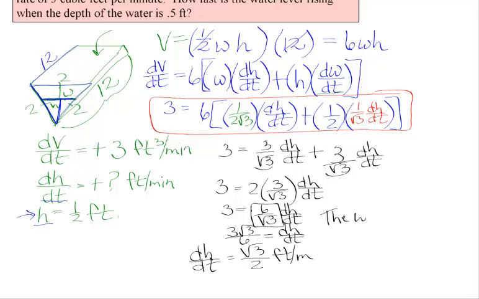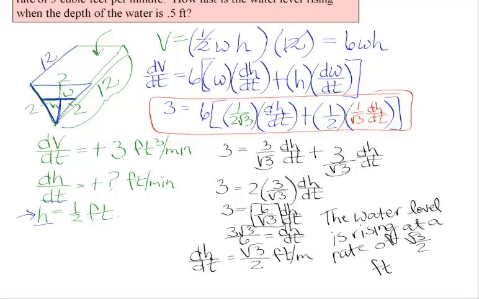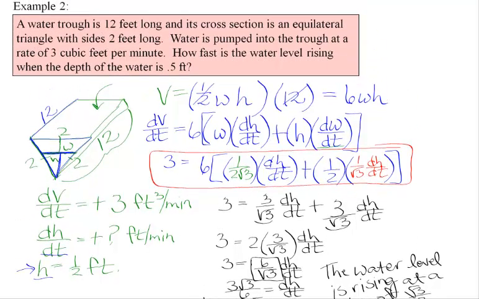The water level is rising at a rate of root 3 over 2 feet per minute. And we should use MIN, not to be confused with meter. So there we go. Same amount of words, it looks like, on just about every other related rates problem that we've used,